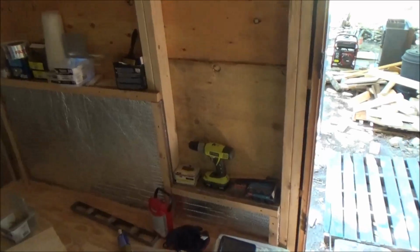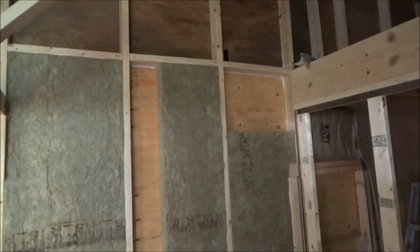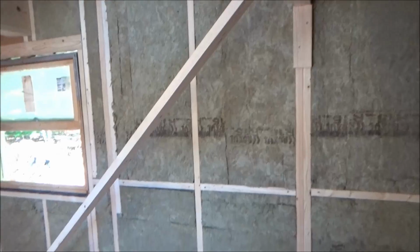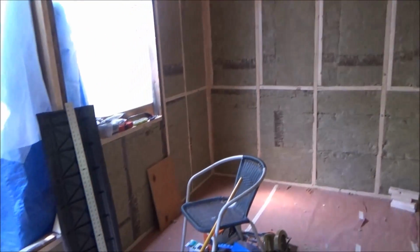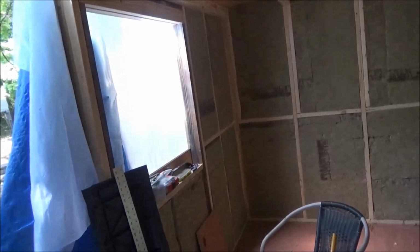Well, there it is. Rockwool started there, worked all the way around the house, through the kitchen and bathroom, through the living room, almost all the way up here. Here's where I ran out. But I got 2 layers all the way through here, and all the way around the living room, 2 layers high, and all the way to the end of the front wall. So that's the end of the rockwool. The living room is very nicely insulated,